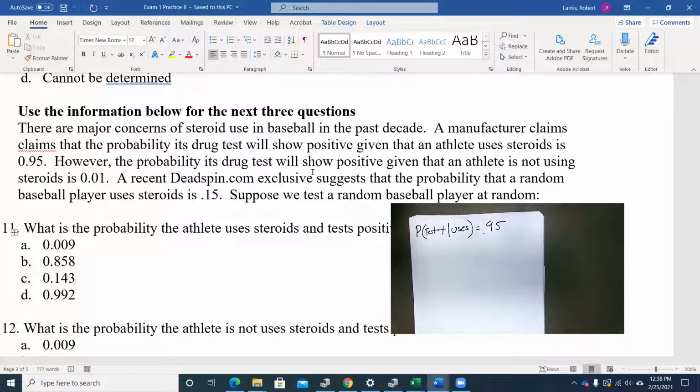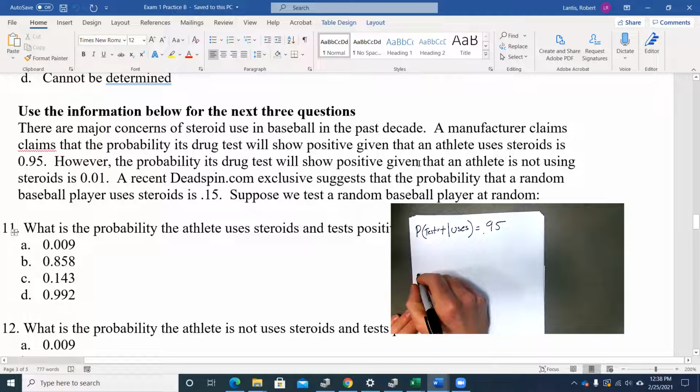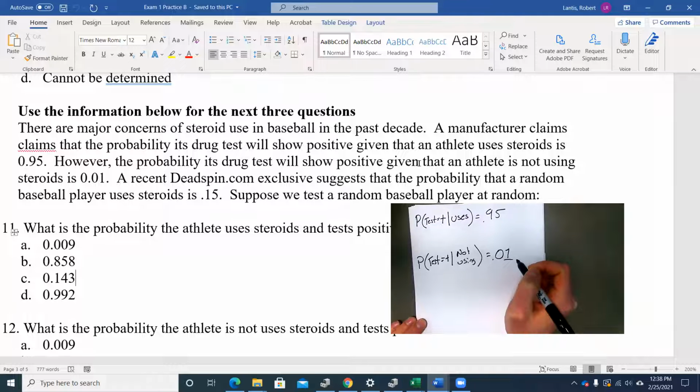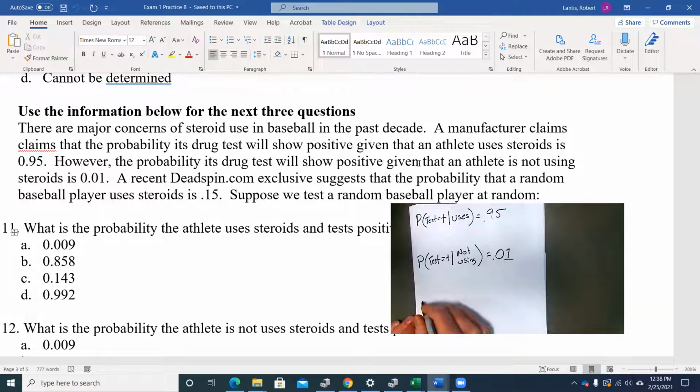So the next thing we're told is the probability it shows a positive result, given that the athlete is not using. So we've got, given that they're not using, the probability that the test shows a positive result is what? 0.01. And then the final thing we're told is the probability that if we selected a player at random, the probability that they're